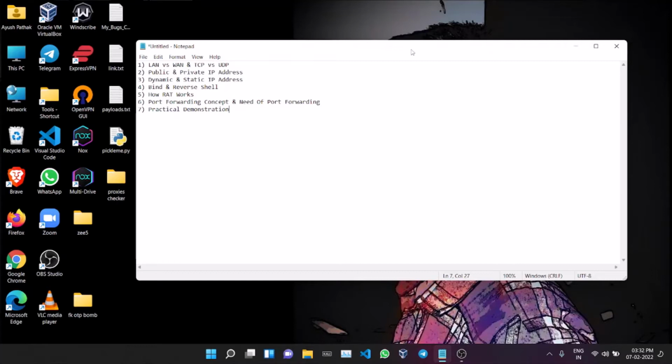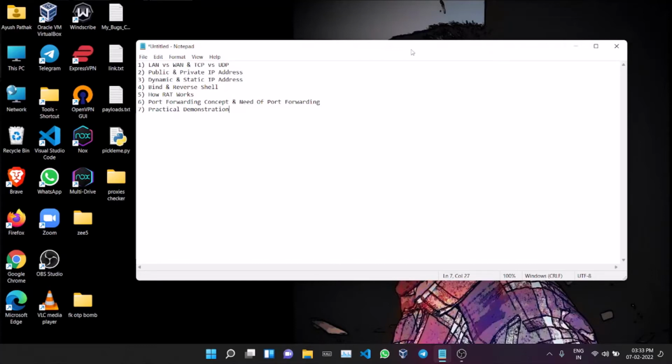Okay, so the victim has the virus, and when the victim runs that virus, what that virus will do is start a listener, like it will start listening for incoming connections. And then what our attacker will do is send a connection to the IP address of the victim. So in short, in bind shell the attacker is sending the connection to the target. Why are we doing this? Because we know the IP address of the target, and the IP address of the target should remain constant. It should not change, because if it changes, then we will come into problems.